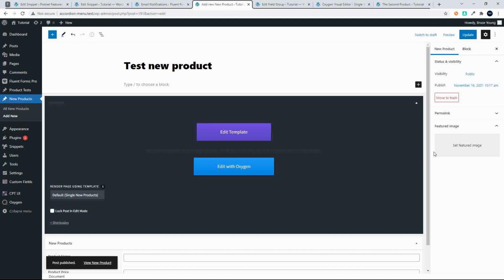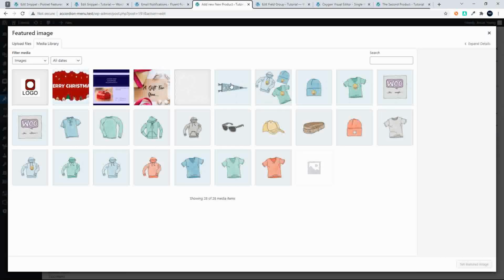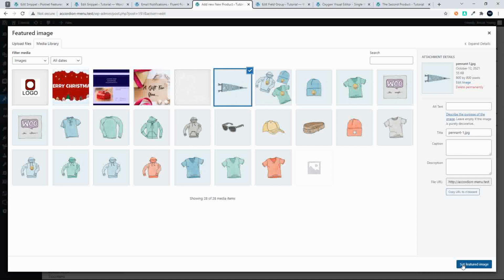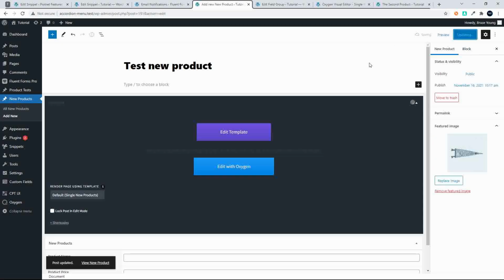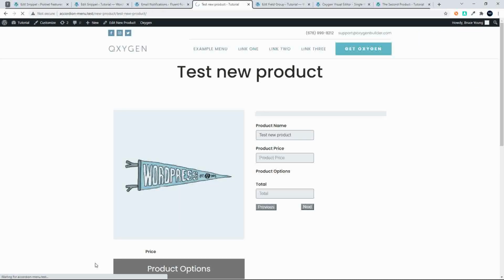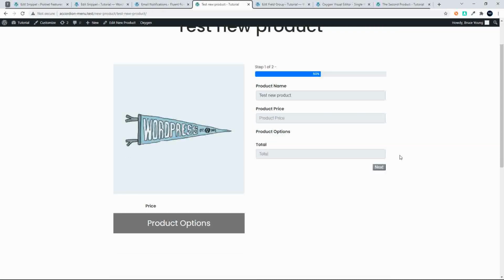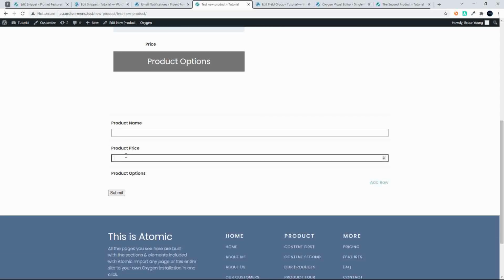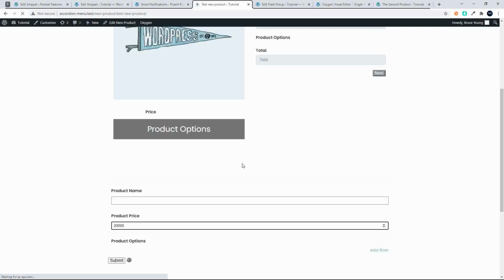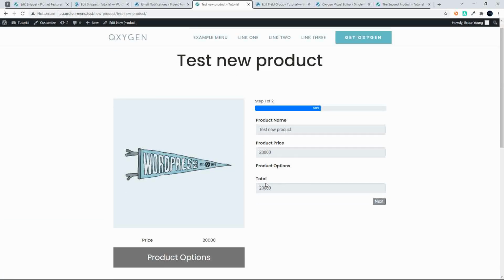And maybe what we want to do is set the featured image before we go to the front end, and we'll update. And now what we'll do is we'll go and view the new product. So here we have the new product, and you'll see we have no product options. So we have a product price, so we enter the product price and that immediately comes up,